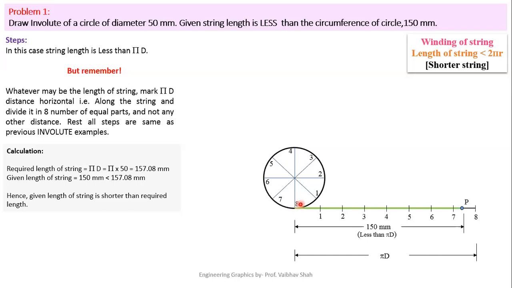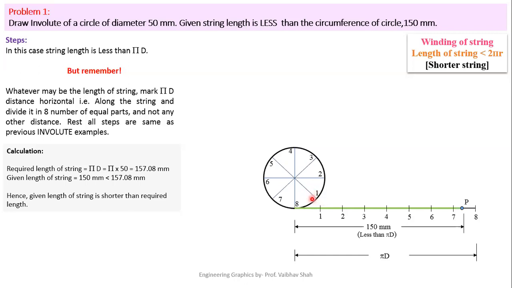So let us describe this point as a 0 point. Now let us suppose that in this case we have assumed that we are winding off this string. So that means that we will try to rotate this string in anti-clockwise direction. While rotating the string in anti-clockwise direction, in the first place, the portion of the string from the starting point 0 till 1 will get in contact with your circle and will overlap over the circle and will wound round around the circle. So the first point which will get in contact with the circle would be this point.